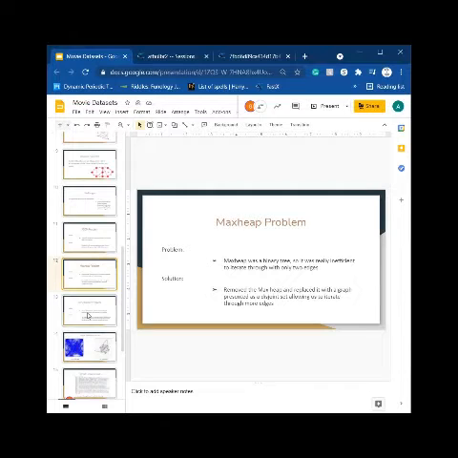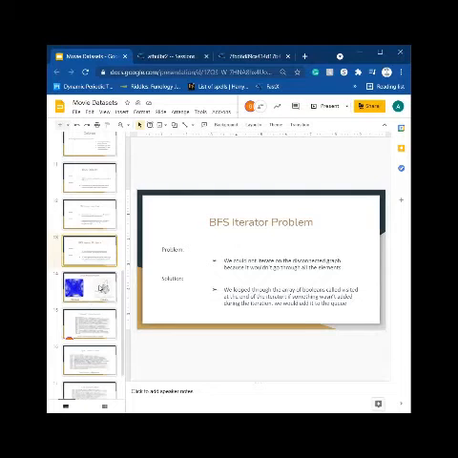And the third problem was with the breadth first search iterator. We could not iterate on the disconnected graph that we put our data into, because then it wouldn't go through all the elements. So what we did was we conducted the breadth first search, and at the end of the algorithm, we looped through an array of booleans called visited. If something wasn't added during the iteration, it'll show as false in the visited array, and then we would add it to the queue.